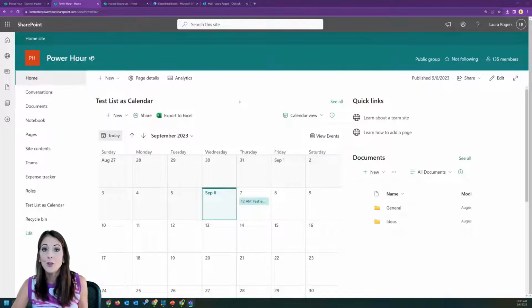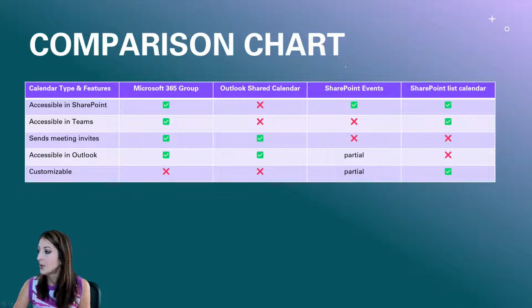So that's the two different SharePoint concepts. So that was this SharePoint events. You can get to it in SharePoint. You can't get to the SharePoint events list in Teams, especially because it's a classic list. It's not going to be available to add as a tab or anything in Teams. It doesn't send meeting invites. It's not